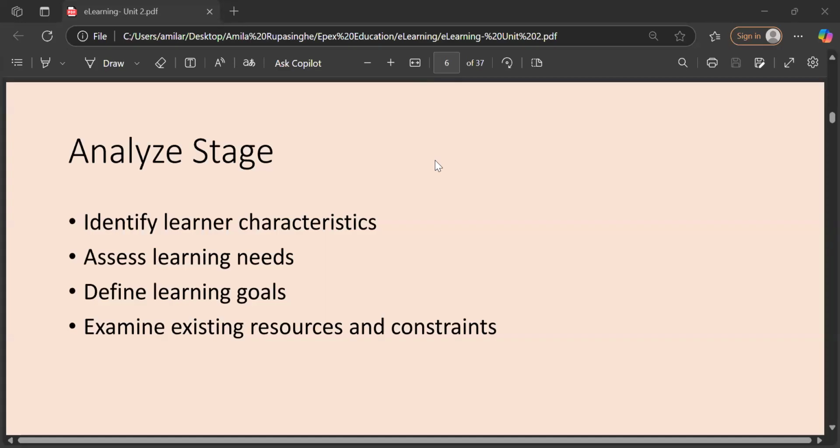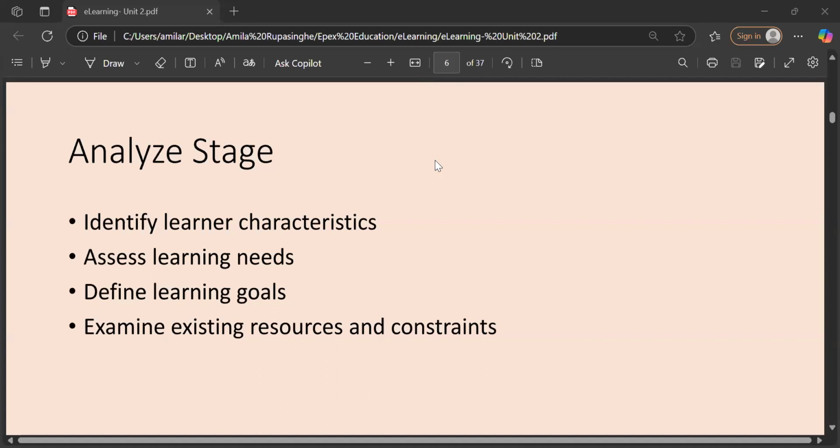Their future expectations. Based on these things, we have to design our instructional design, right? So, in the analyze stage, we identify learner characteristics, assess their needs, define learning goals, their goals. Now you have goals for completing this program, right?